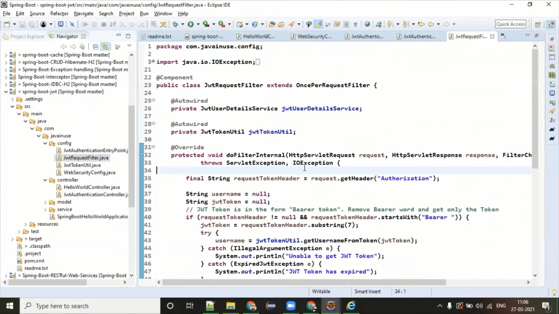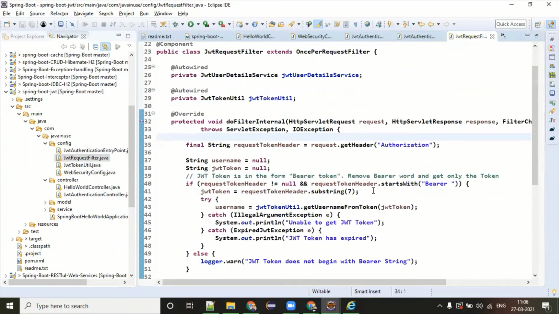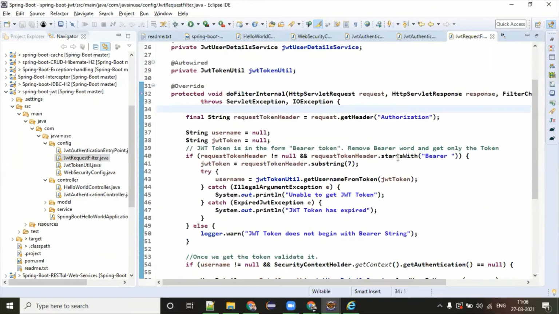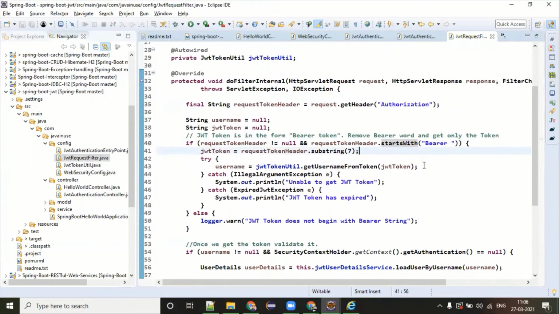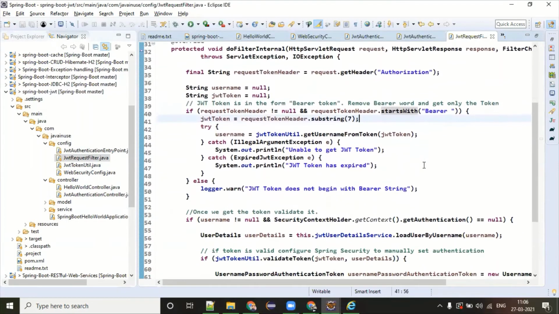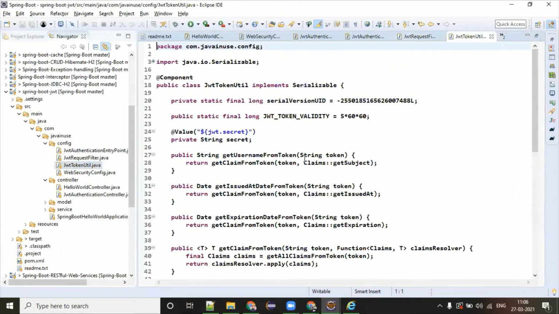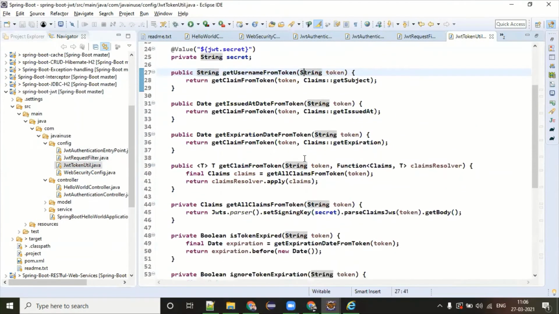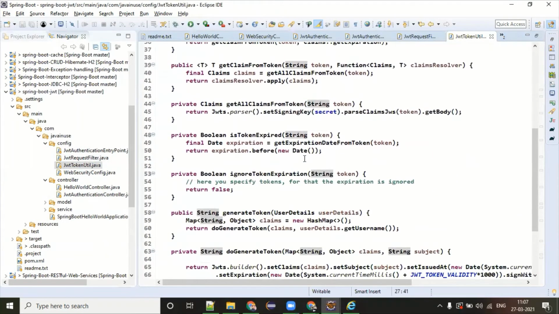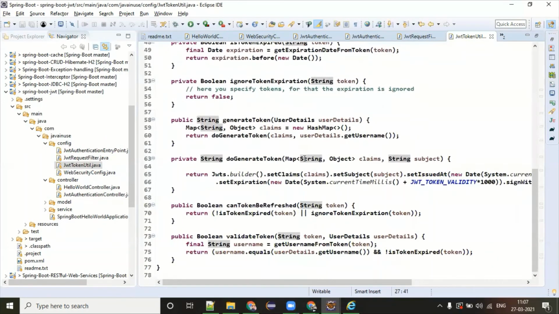We are checking that it starts with Bearer, yes, because we are using this. Okay, get username and password. We'll talk about it. This is the utility class where we check if the token is expired. If it is expired, then generate a new one. Everything is with the builder pattern.